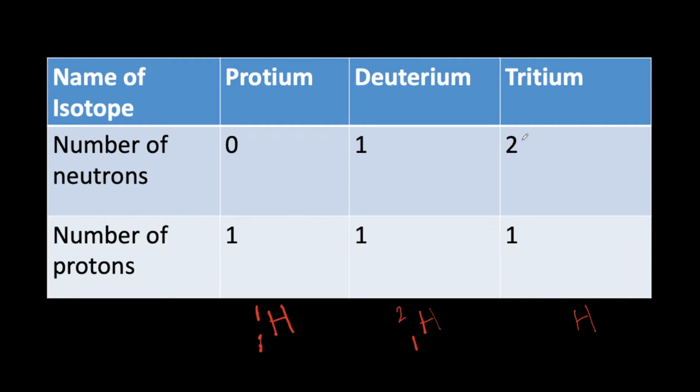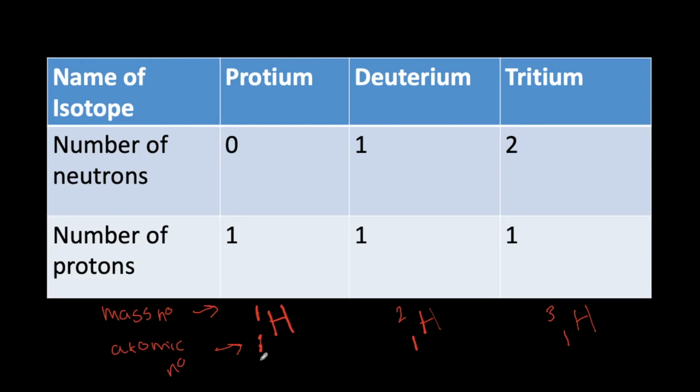Our last example, our last hydrogen isotope, is tritium. It has an atomic number of 1 because it has 1 proton. Our mass number will be neutrons and protons added together, so it has a mass number of 3. Now remember, when we are writing nuclide notation, our mass number is at the top and our atomic number is